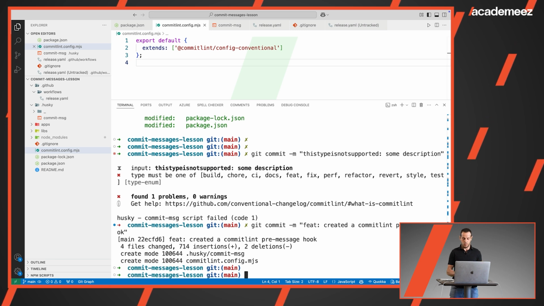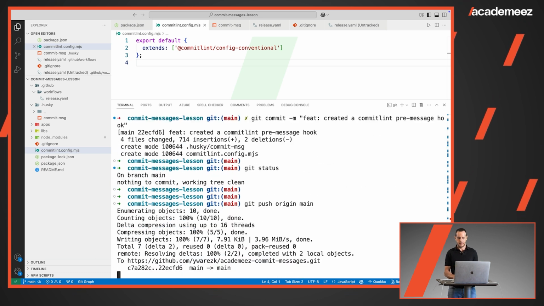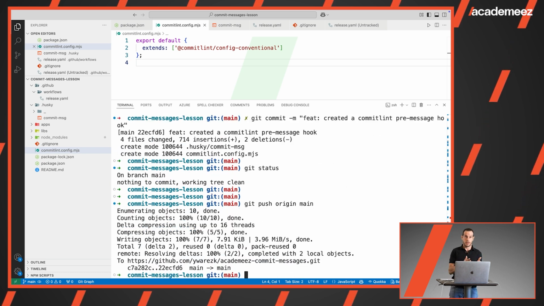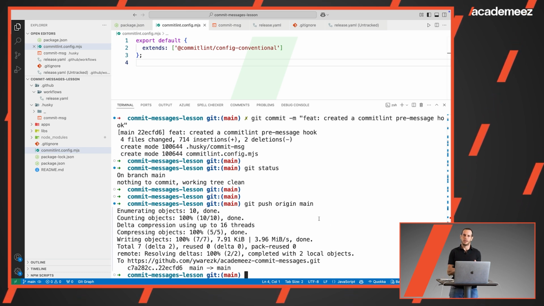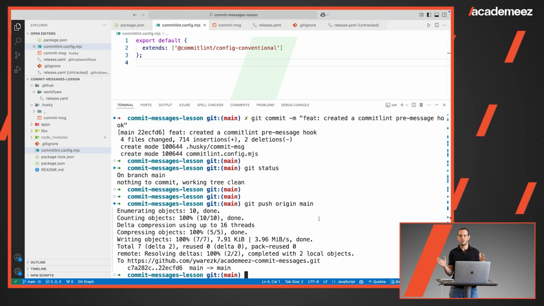This time our commit worked. We git status, we can git push our code. And now we're forcing ourselves and all developers to write commits in conventional commit. So we know for sure that our release process is going to work with the right commit messages. We know that there will be no developer that wants to write in their own special commit syntax, and everything is